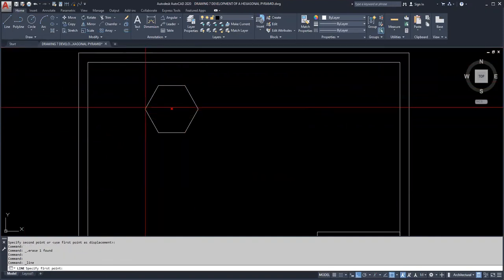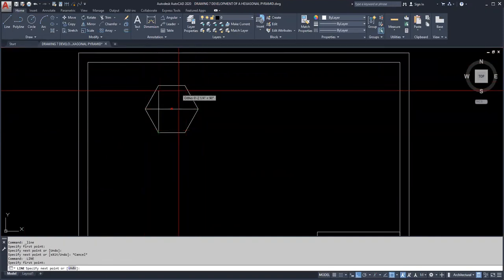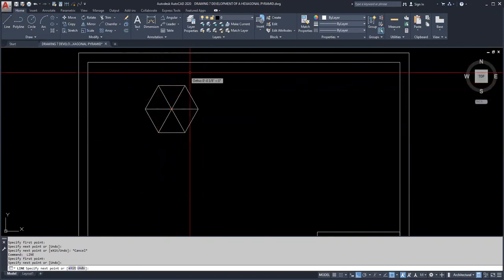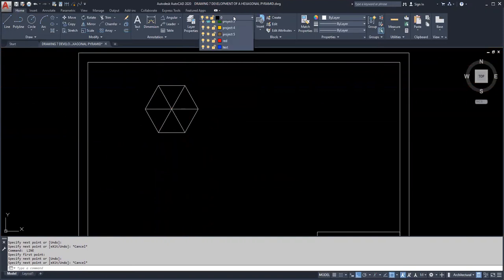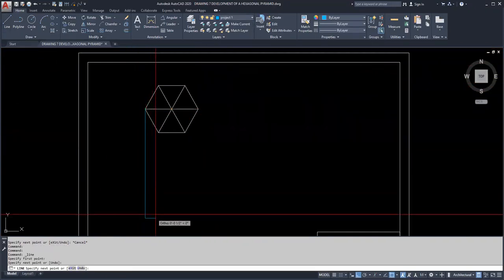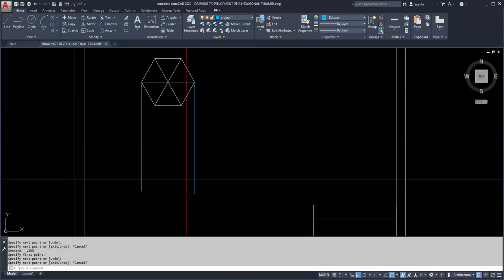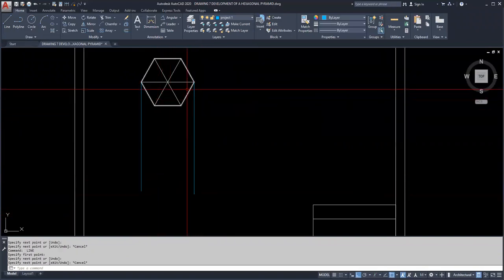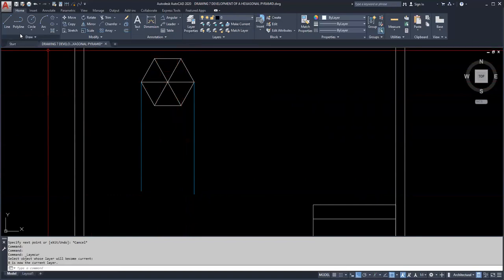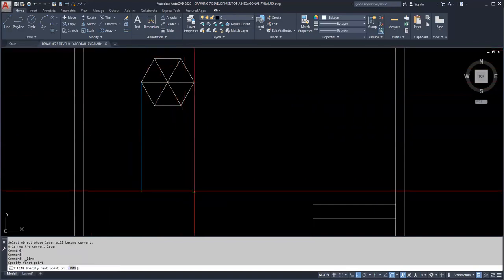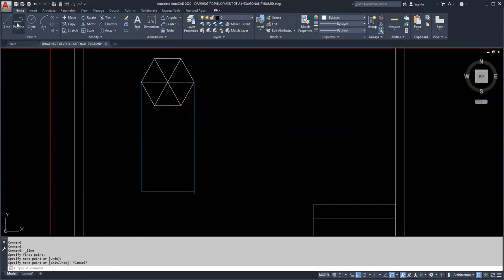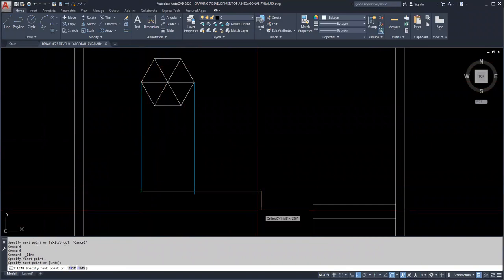I would like you to draw lines across the top of the hexagon from corner to corner. After that, project down from the sides, here to here. Now it doesn't matter about the distance between this and the new object, but what I want you to do is set a base. So draw a line between the two projection lines. After you have that, draw another line